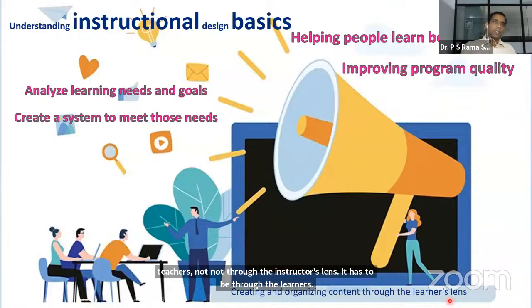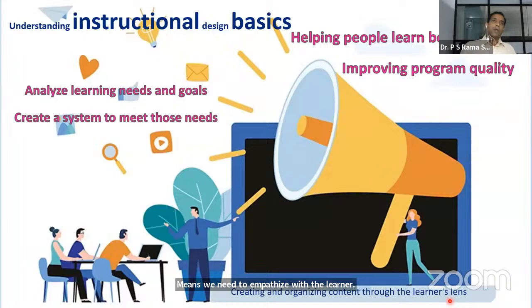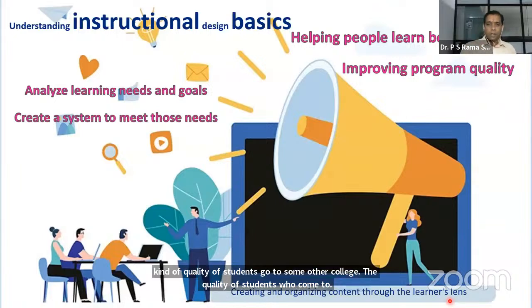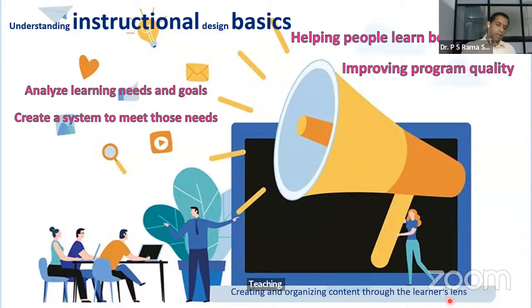We need to understand their demographics. We need to understand their background, right? So what kind of quality of students come to my college? What kind of quality of students go to some other college? The quality of students who come to research intensive universities is different from the quality of students who come to teaching intensive institutions. The quality of students who go into IIT is different, NIT is different, different kind of technical institutes. The overall quality is different,